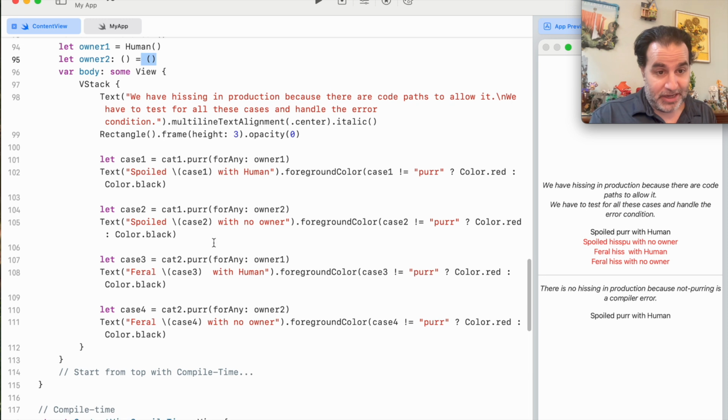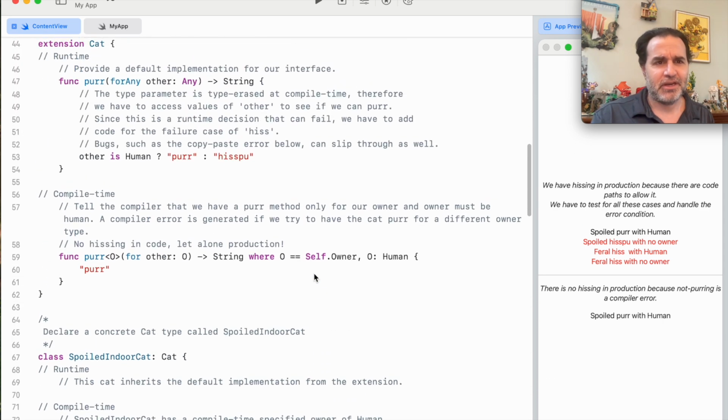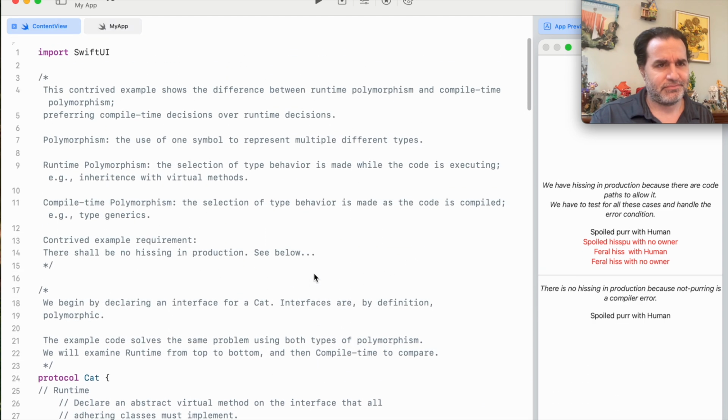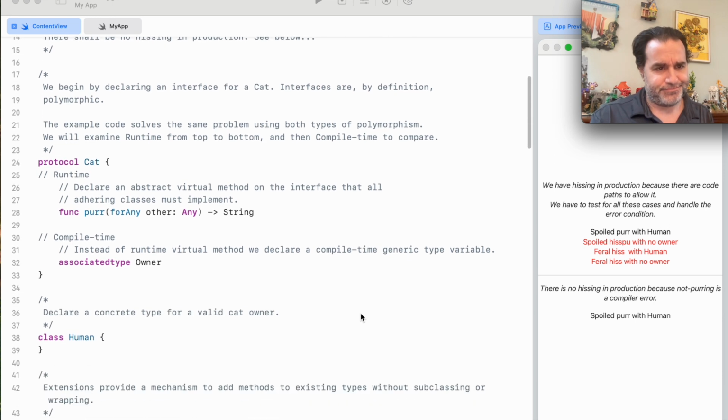And so then we have all of this logic here. Okay, but it works. We've been able to detect the error. We present the user the success case. Oh, very good. But that's a lot of code distributed amongst a lot of classes. So if we go all the way back up to the top and go back to our protocol, we skip over the runtime part, which we don't use anymore,